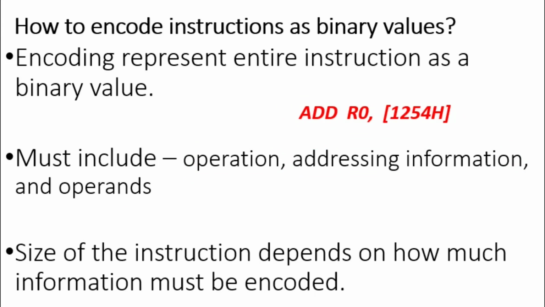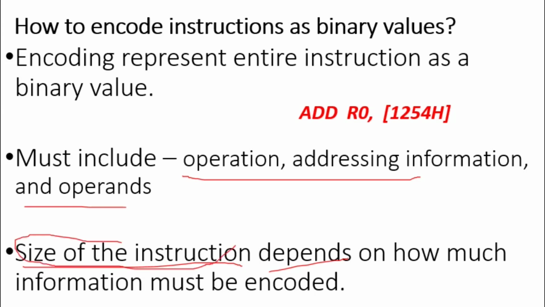In the previous slide I explained what the size of the instruction is. When an assembly language instruction is converted into binary data, the number of bits it occupies is called the size of the instruction. So in the previous example, my add instruction was 4 bytes in length. The size of the instruction actually depends on the details we include in the encoded format. We will discuss the size of the instruction in the later part of the session.